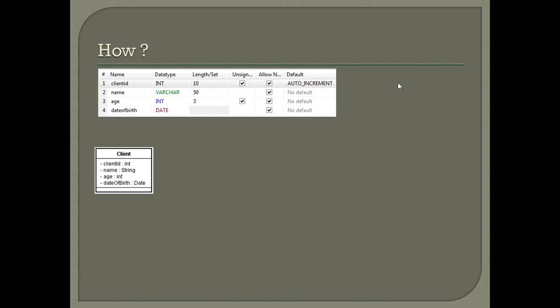Okay, so we have a table, we have a Java class called client, and we have corresponding attributes which correspond to the columns in the database: client ID, name, age, and date of birth. So now to get Hibernate working, what information would we need to provide to Hibernate so that it's able to execute? Supposedly what we've heard about Hibernate is it magically generates. We don't have to write any SQL queries. So if Hibernate needs to generate SQL, what do you think you need to provide to Hibernate?